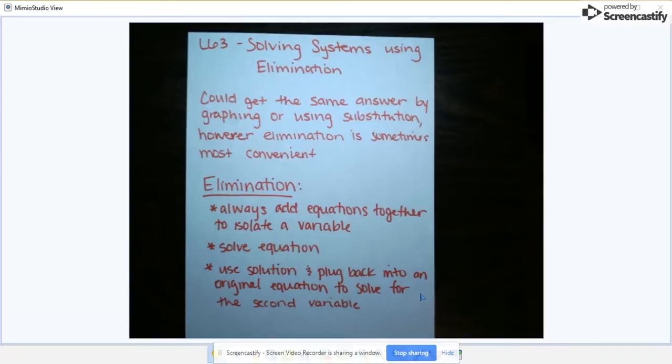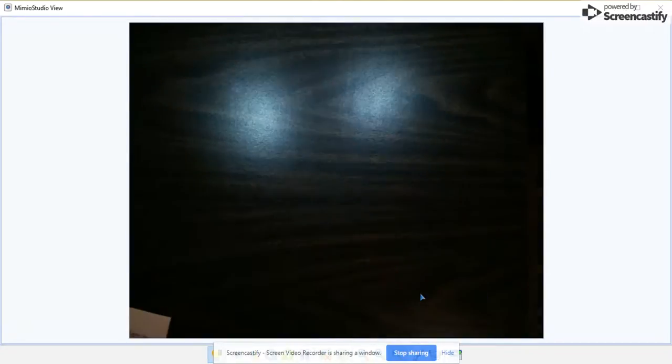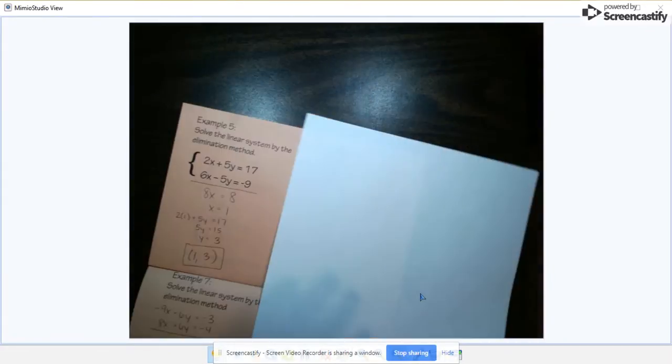So if you look in your foldable, we're going to do these 3 examples together. Sorry, I'm getting my foldable. All right, so